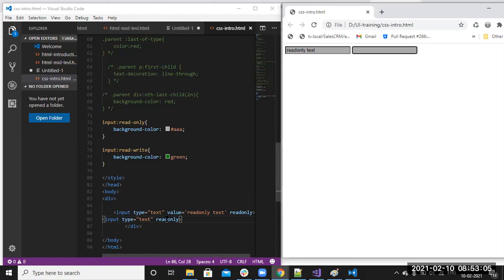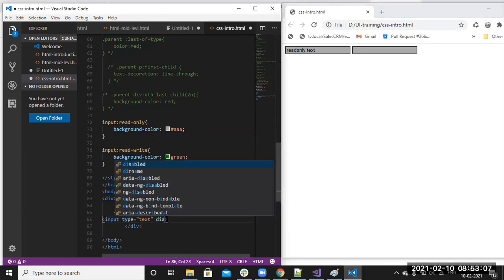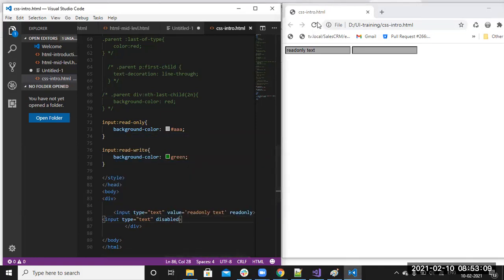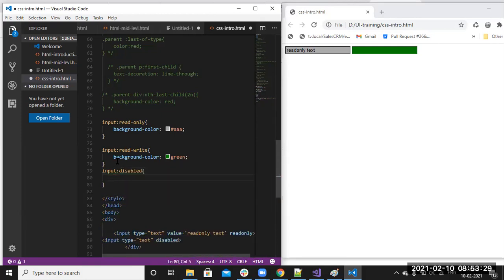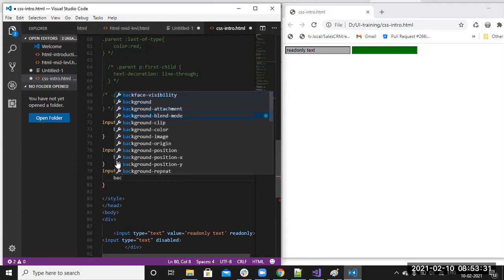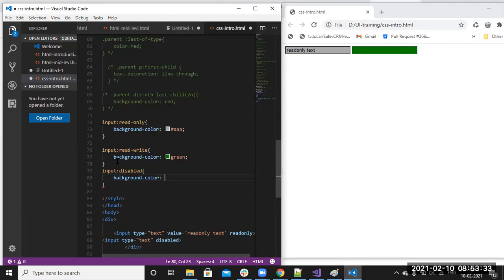Okay. But instead of here, disabled. So disabled means here read and write. We can override here. Okay, read and write. So to style those disabled elements, I think we already saw input colon disabled. In that case, for the disabled conditions, you want to apply some background color for the disabled elements.